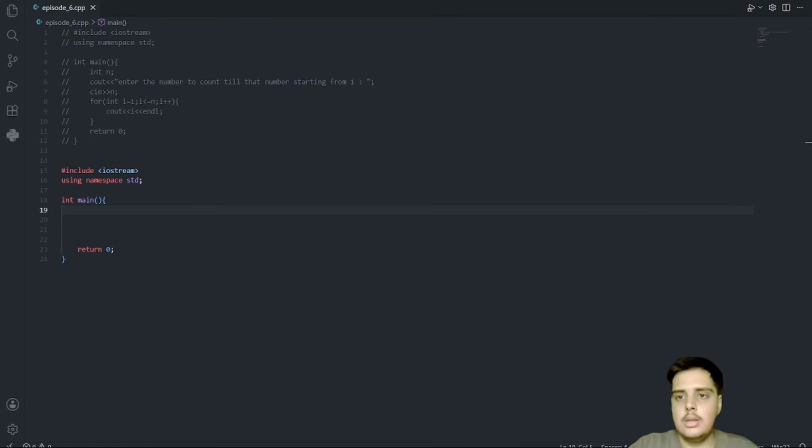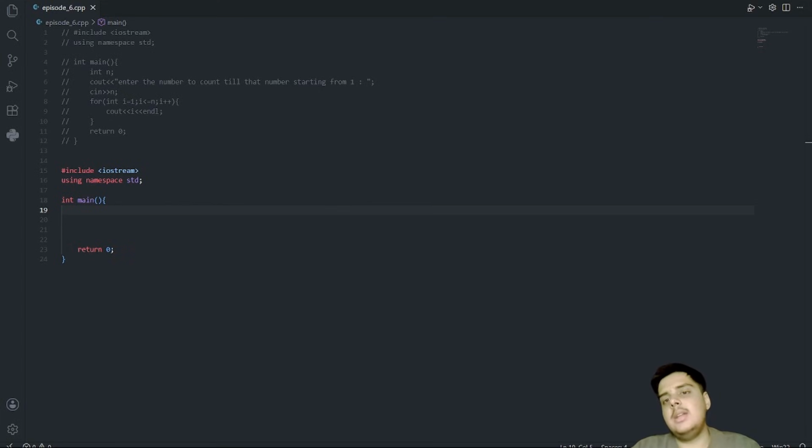One thing you should understand is the logic before writing the code: which numbers do we need to print, and what is common among all even numbers? If every number between 1 and n is considered, we have to print only those numbers which are even.